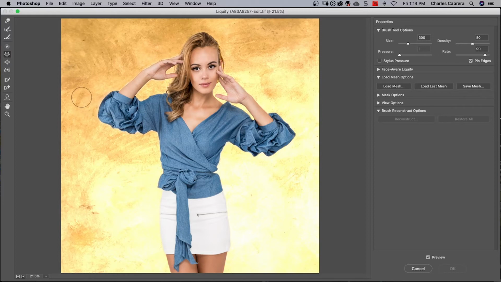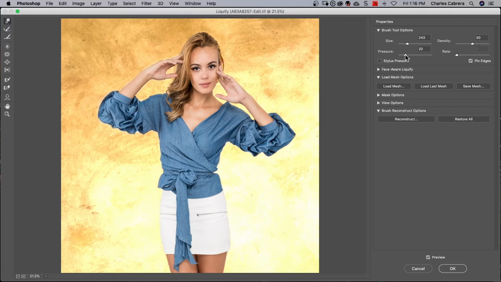The tool that we're going to be working with mostly is called the Forward Warp tool. That is up here on the top left. And of course, there is a brush for it. And a lot of the times what you're going to be doing with the brush is making it bigger and smaller, and you can use your left and right brackets. So with the Forward Warp tool, you can basically pull or push. Now we have our settings here on the right hand side, and you can also change the size of the brush with the size here. I usually do it with the left and right brackets.